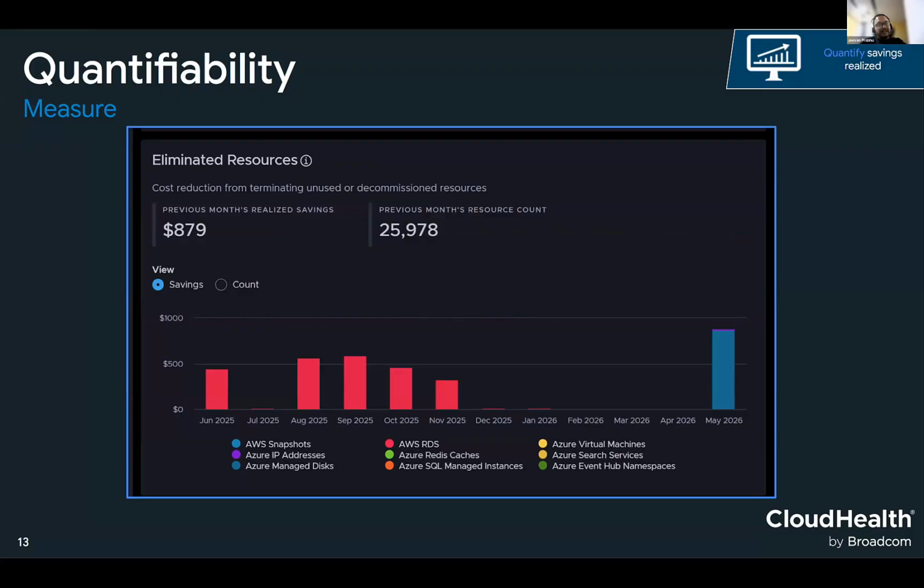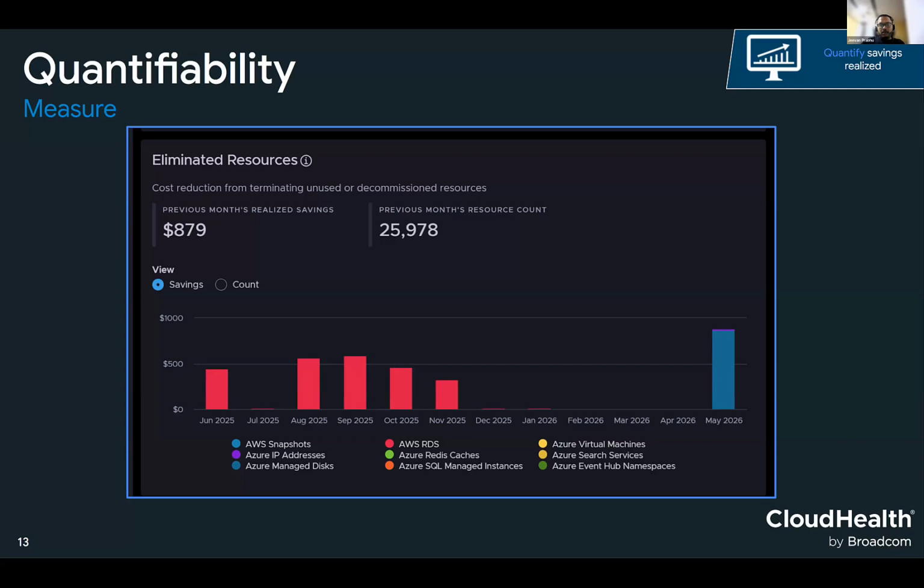We know the resource IDs of these, and we'll be able to bring you into eliminated resources, which is under realized savings. Eventually, we will bring in the classification as well: which resources are deleted through this path we took, the complete loop, and which ones you might delete because a project is going obsolete, right? Some environment teardown, which is not really related to inefficiency per se, but life cycle based deletions. We will segregate that so that you can clearly call out. So these are inefficiency based deletions, and this is what you will be able to save for your organization.